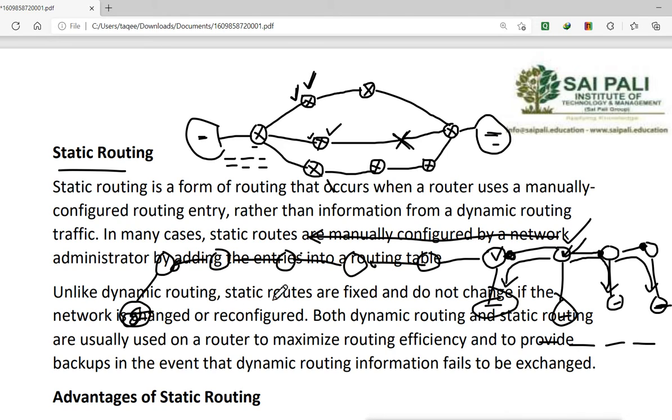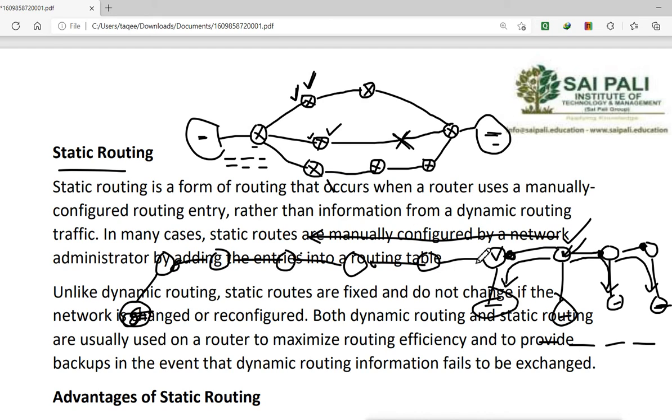And then your router will not say it is wrong. Remember, when you try to enter the command, it will not say it is wrong. The command will be accepted and you will think the configuration is right. But no, it is wrong, the data will not reach the destination and your network will not work. So static routing is not easy to manage, not easy to configure, but it is very fast.